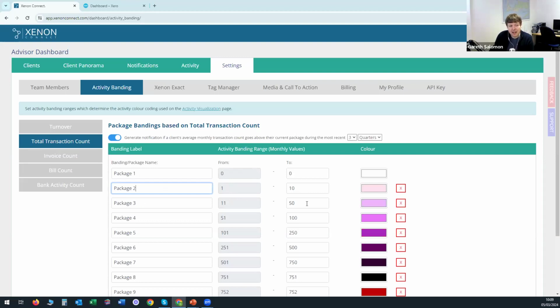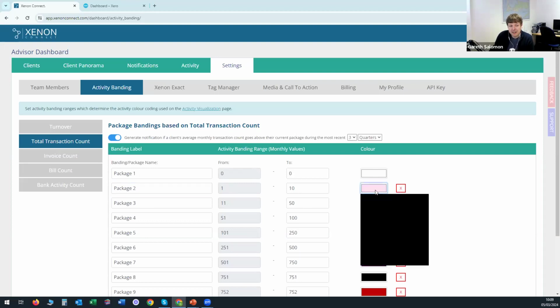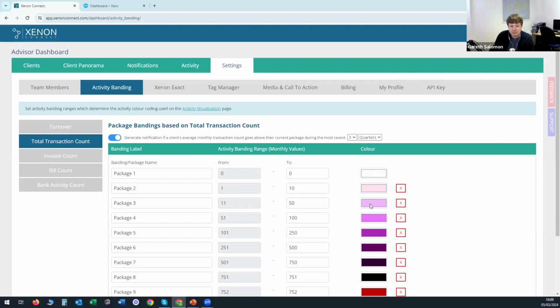Package 3 is between 11 and 50, and so on. You can set whatever bandings you want there, and you can set a color as well. You can pick a different color. Now we've used a gradient by default here, but you can change that to whatever you want. This information then flows through to the activity visualization screen, but also you'll note here, you can set it so